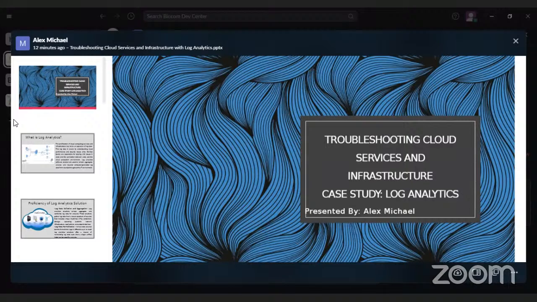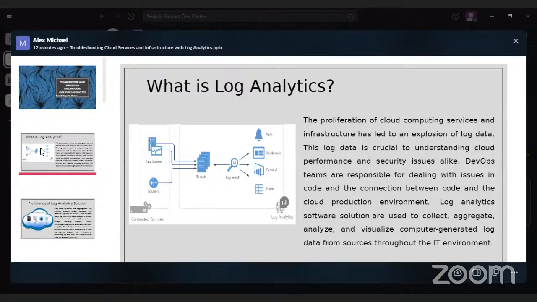So from that, we are looking at, okay, fine, what could be the reason for problems in cloud services? What could be the reason for issues that might come up in our cloud infrastructures? We have different cloud infrastructures. We have AWS, which is Amazon Web Services. We have Microsoft Azure. We have Google Cloud and all that. So that's what we are trying to look at today. What could actually be the problem? How can we troubleshoot it?